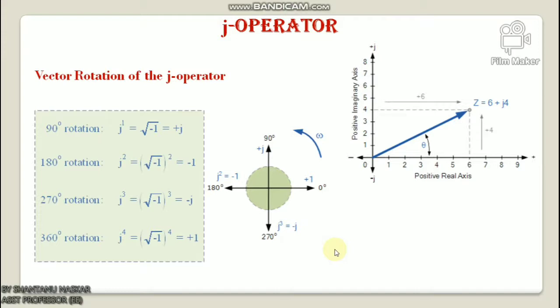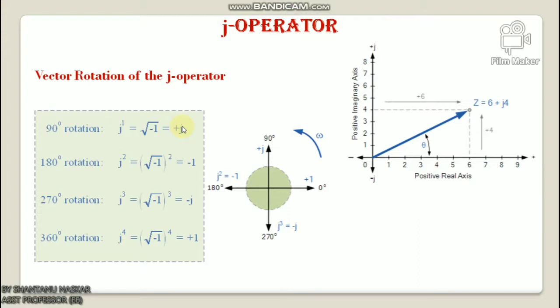Like if we add J2 and J4, it will be J6. The only difference is in multiplication, because two imaginary numbers multiplied together become a negative real number. A real number can also be thought of as a complex number but with a zero imaginary part, labeled J0. The J operator has a value exactly equal to root over minus 1.